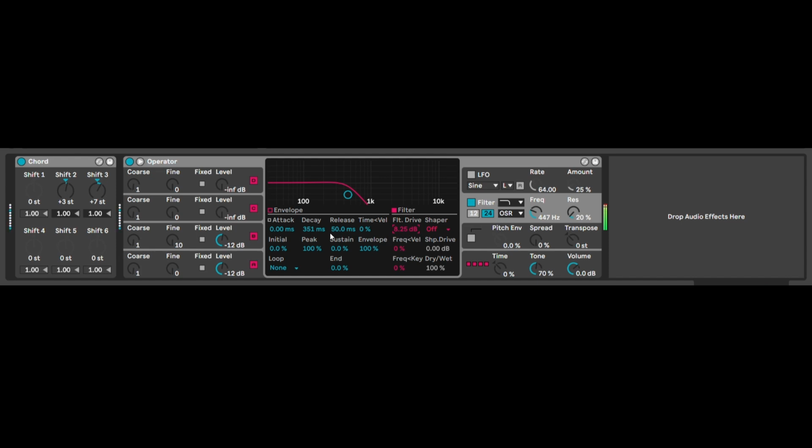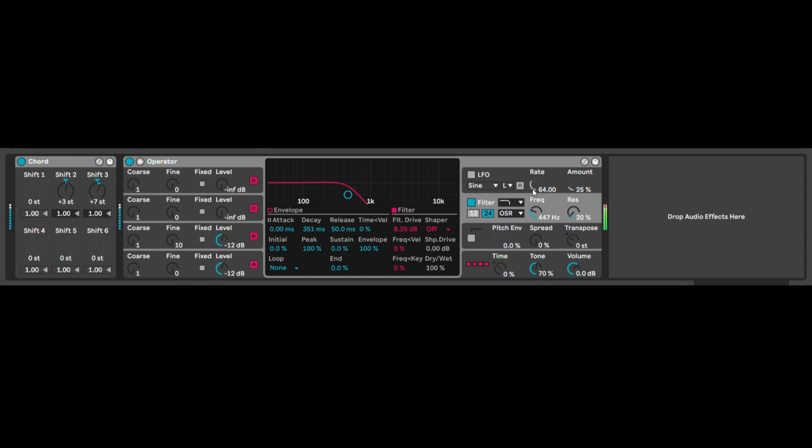So yeah, this is the key to it. You want saw wave, detuned chord, tight filter envelope, and a bit of distortion, and that's what we've got so far. You can add shaper as well, which is sort of harmonic distortion. I'm not going to use that, but you can. I'll just show you it there, and then next